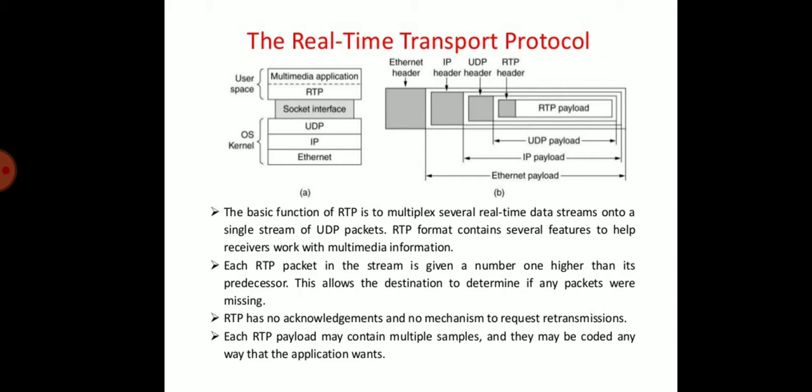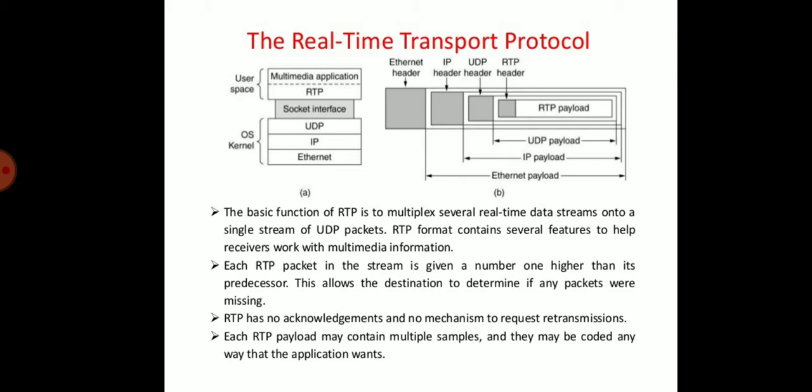In user space, along with the applications, this library multiplexes the streams and encodes them in RTP packets, which are stuffed into the socket. The socket means the communication endpoint. At the other side of the socket, the UDP packets are generated and embedded into IP packets. RTP runs in user space and is linked with the application program, so it looks like an application protocol. RTP is a generic and application-independent protocol.